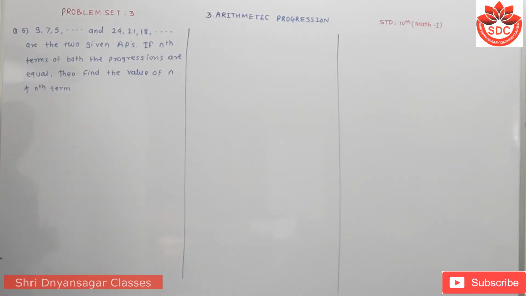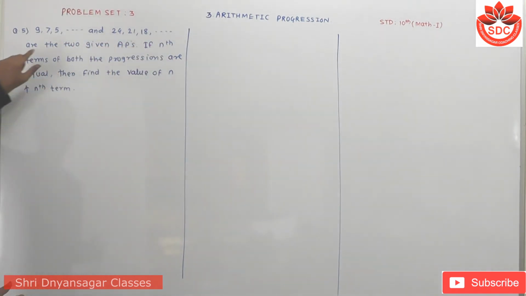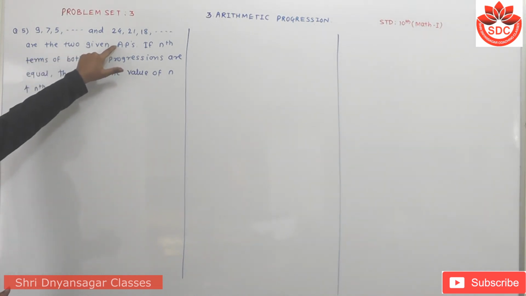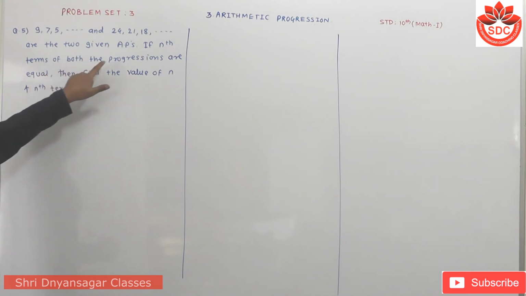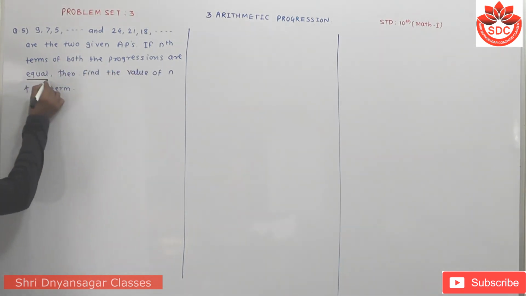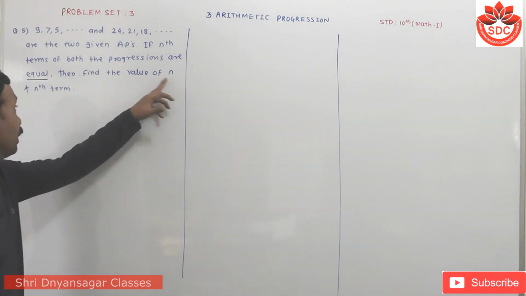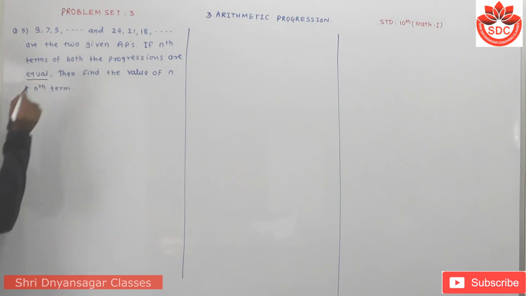Next question, question number 5: 9, 7, 5 dash and 24, 21, 18 dash are the two given APs. This is the first and this is the second AP. If the nth terms of both the progressions are equal, look here, then find the value of n and the nth term. Now, so simple again. Here two APs are given. So the solution is